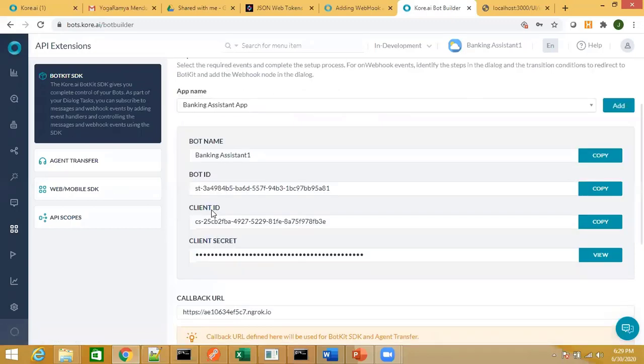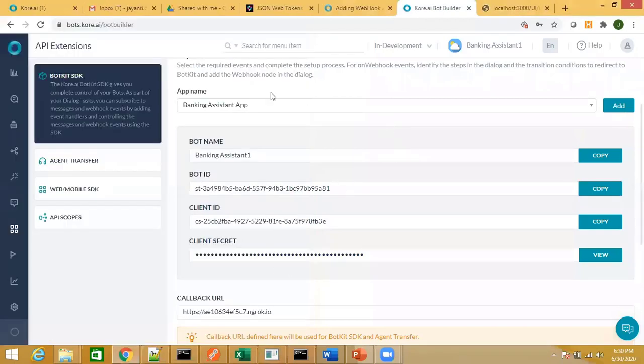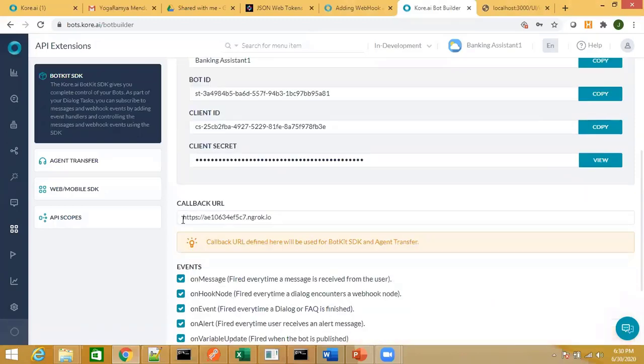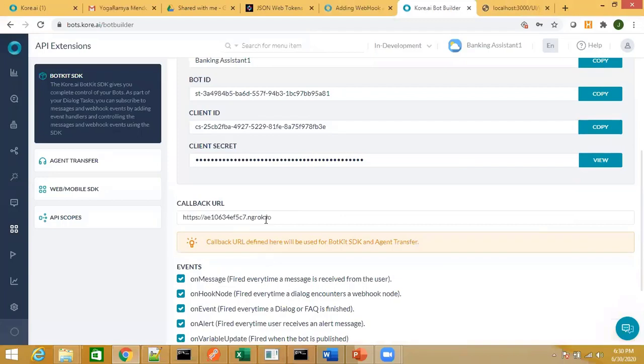Now, there's one more thing that you need to do, that is ngrok works as a callback server in this case. So you need to have ngrok installed in the server from where you're doing this integration, and start ngrok. Now, when you start ngrok, you get the forwarding URL, the HTTPS forwarding URL. So once you start ngrok, copy this forwarding URL, because that will be used within our bot's configuration. So you can see the callback URL over here. Here I have provided the ngrok forwarding URL. You can see this is the forwarding URL. I've copied it from here and I have pasted it here.